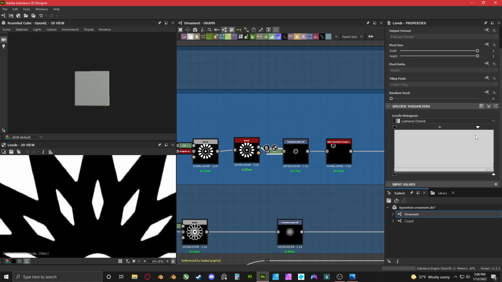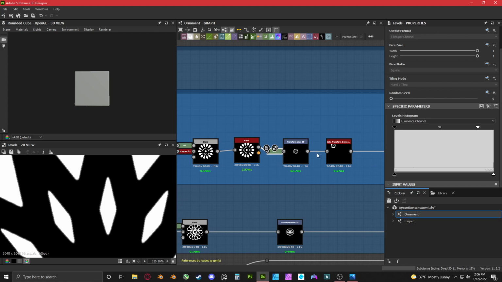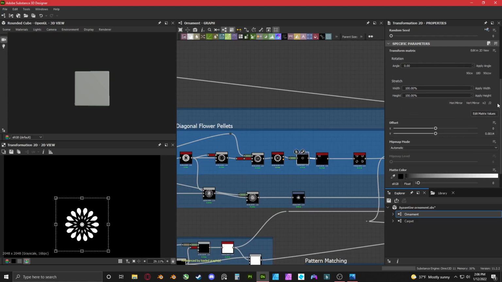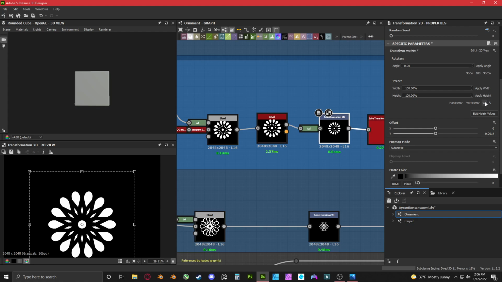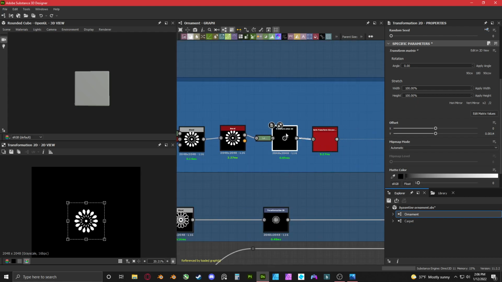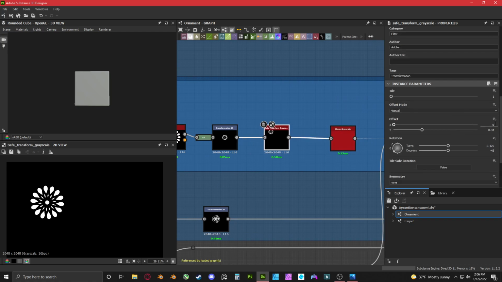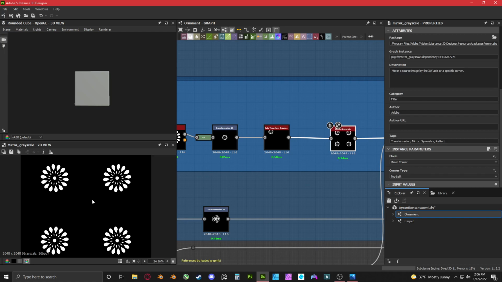And then I added a levels node to bring down the gradient just a little bit, and then I added a transform 2D, and I think I only have it on divide by 2. Actually no, I think I scale it down just a little bit with transform, and then I added a safe transform grayscale, move it to the Y by 0.34, and I rotate it by 45 degrees. And then I added a mirror grayscale,